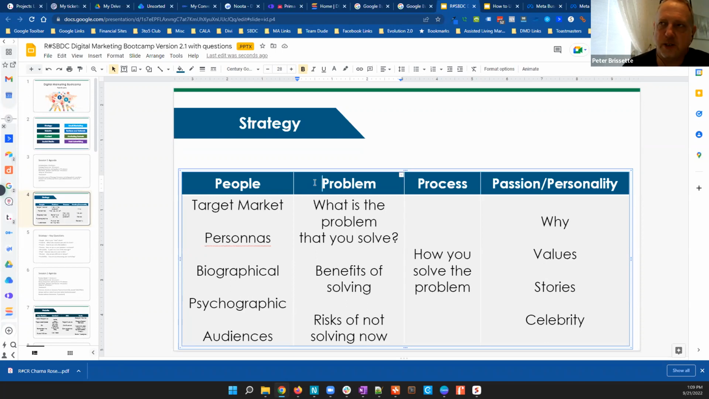And then the process. So this is where the magic happens. This is where you show yourself as your business, your product, your service. This is how you solve the problem for them. This is the 3 steps to fixing their problem, or 5 steps, or whatever it is, or buy this one product and it fixes this problem. So your process or your product